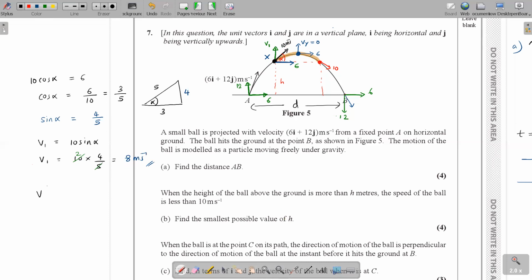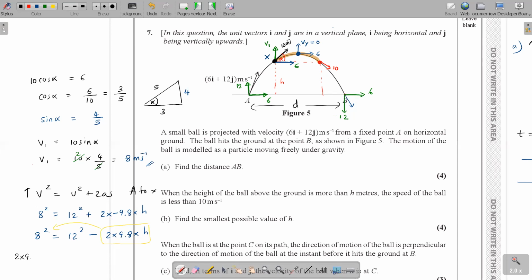Now I can apply v squared equals u squared plus 2as, upwards from A to X. So let's apply upwards. V1, the final speed, v squared is 8 squared. The initial starting speed, the vertical component, is 12, so 12 squared, plus 2 times acceleration due to gravity, which vertically upwards is negative 9.8, and s is the height which we are looking for. So 8 squared equals 12 squared minus 2 into 9.8 times h, isn't it? So I'll take this whole bundle to the other side.